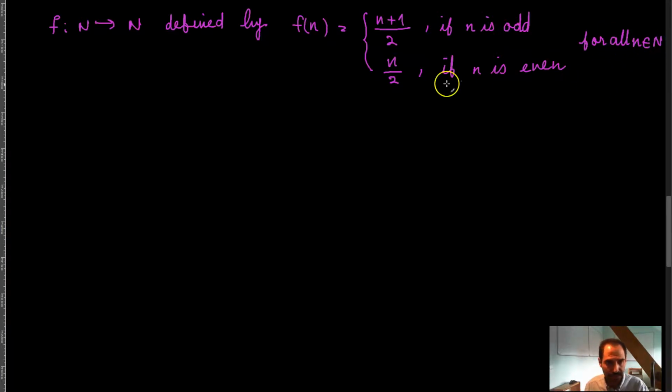For all n belonging to the set of natural numbers. You want to know whether this function is bijective or not, meaning that you want to know whether it is injective and also surjective. If it is both injective and surjective, then it's bijective. Now, for the part to show that it is injective,